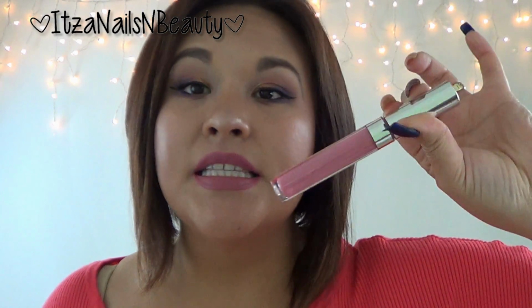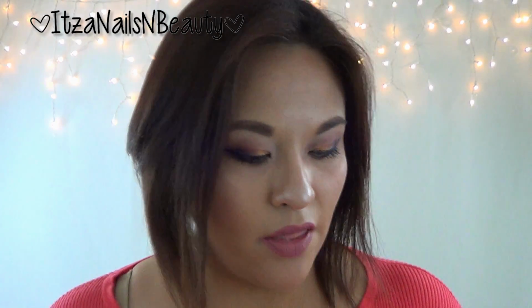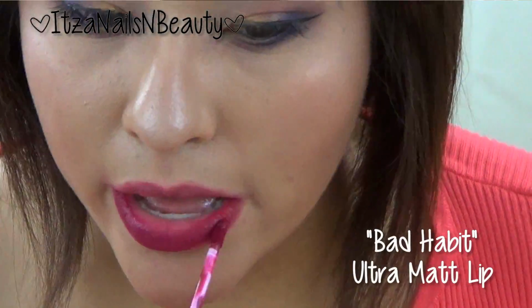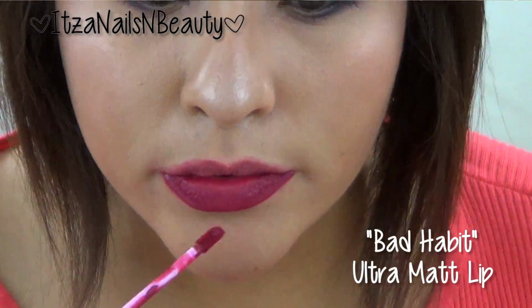But yes, this is the one I'm wearing right now. A very pretty dusty rose color, and I love it. What can I say? I do love it. And it's called Clueless. Another one that I got is called Bad Habit, but this is what it looks like. I'll be probably sticking little swatches here. One,